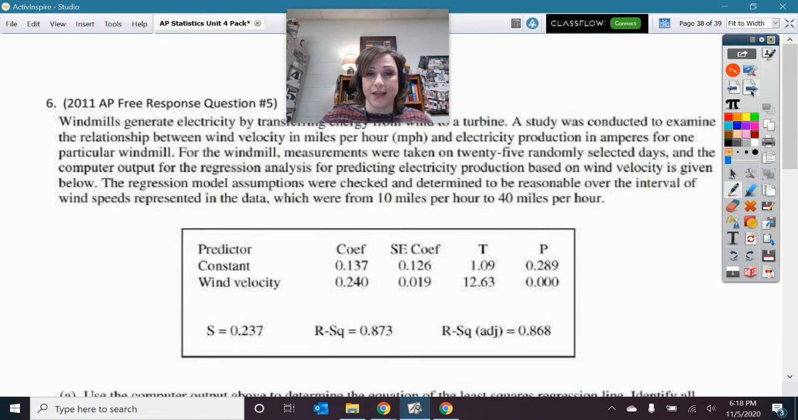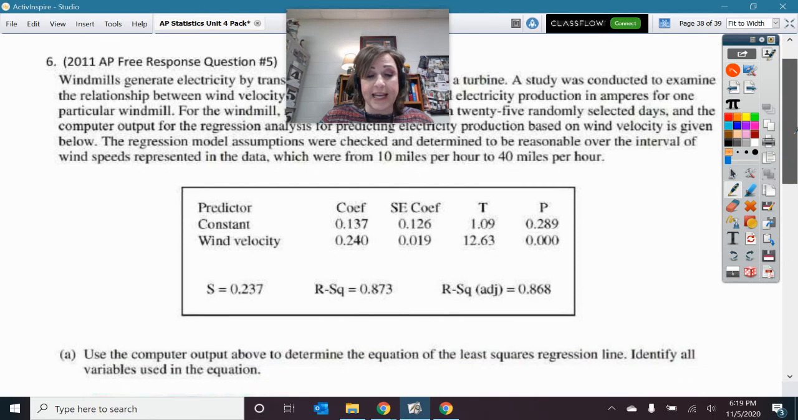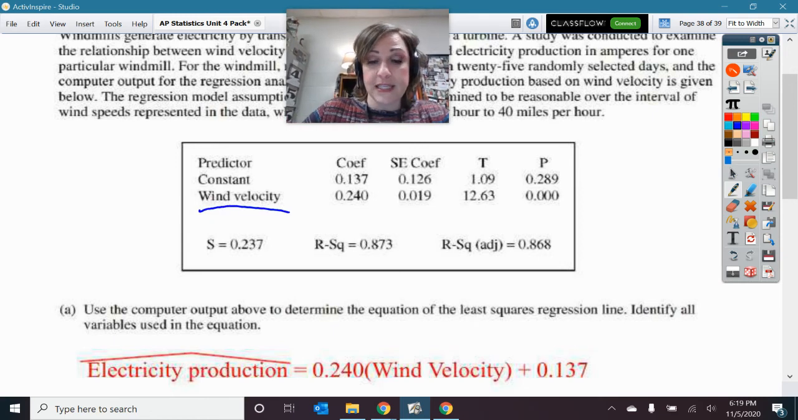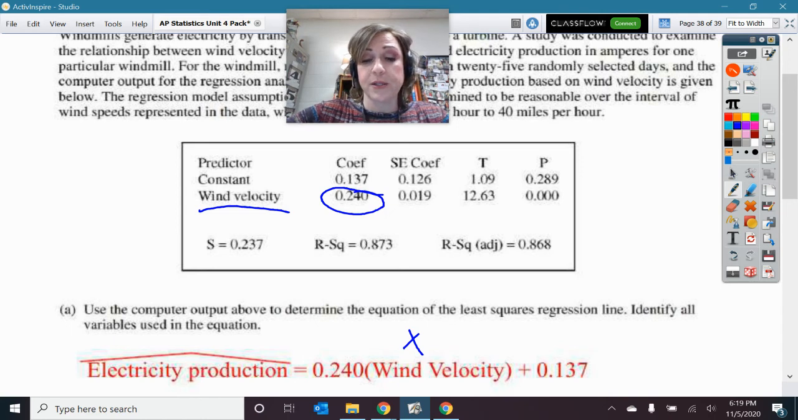All right, our next one, looky here, 2011. Here is what they gave you for your computer printout, and your data. So the first thing they asked you to do was give the equation of the least squares regression line. Identify all the variables used. That means put this in context. So here, I know my wind velocity is my x variable. And up there, I guess I was predicting the electricity produced. So here I have predicted electricity produced equals, here's the slope, 0.240 times the wind velocity plus the y-intercept of